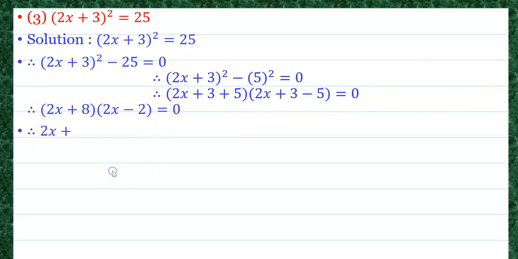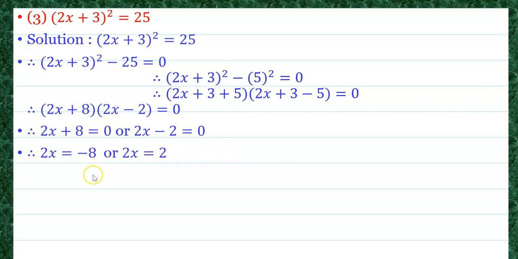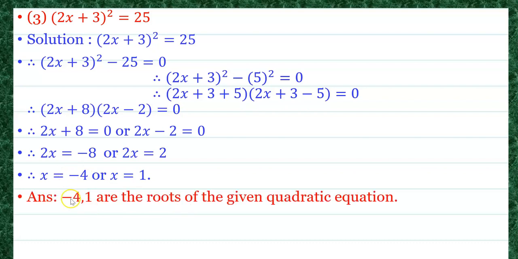2x plus 8 is equals to 0 or 2x minus 2 is equals to 0. 2x is equals to minus 8 or 2x is equals to 2. And therefore x is equals to minus 8 upon 2, that is minus 4, or x is equals to 1. These minus 4 and 1 are the roots of the given quadratic equation. Okay. Next,